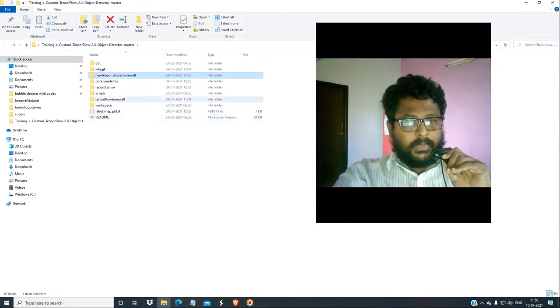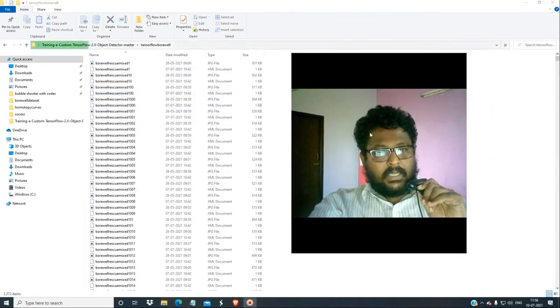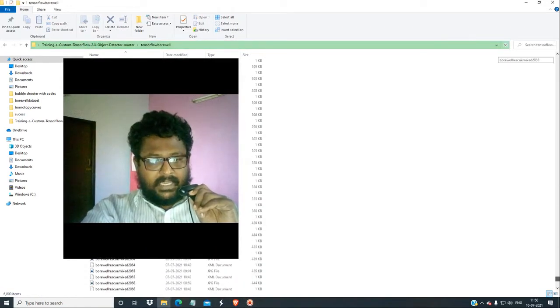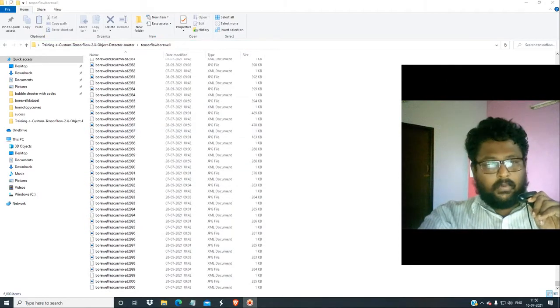We have to split it into TensorFlow format. This is the total number of images, nearly 6,000 images with annotation in XML format.